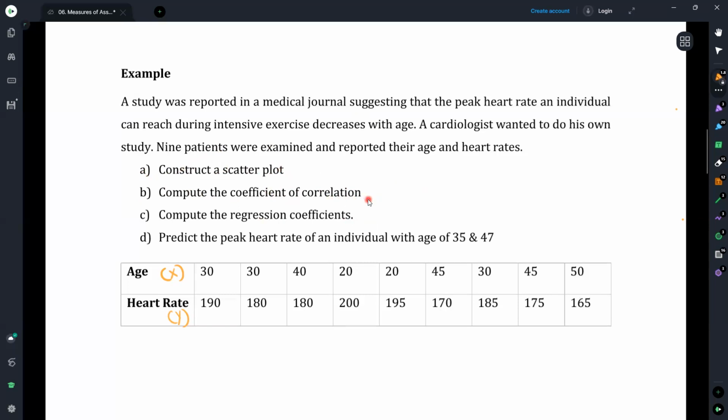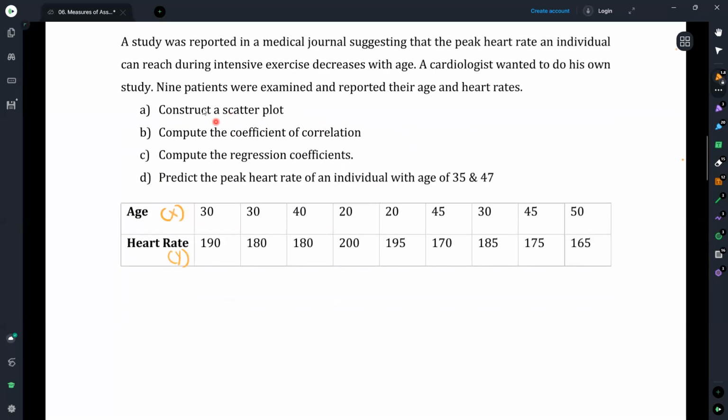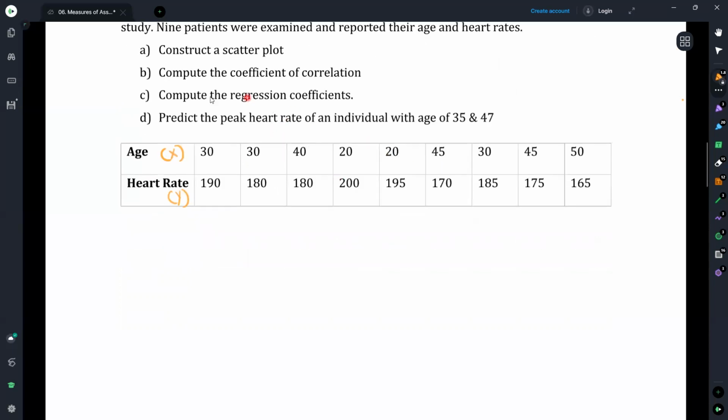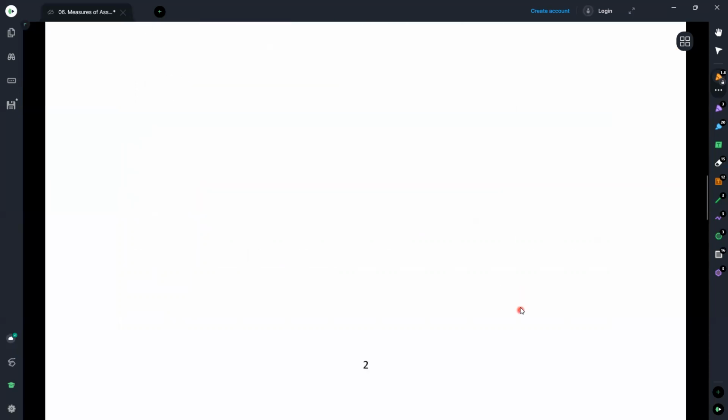Here what we need to do is obtain the Pearson's correlation coefficient as the second part of this calculation, but I'm skipping those two parts since we have already discussed constructing scatter plots and computing the coefficient of correlation. Anyhow, you can try them by yourselves. And now I will move directly to the discussion of computing the regression coefficients, assuming that there exists a linear relationship among the variables and the scatter plot suggests a linear behavior for the data.